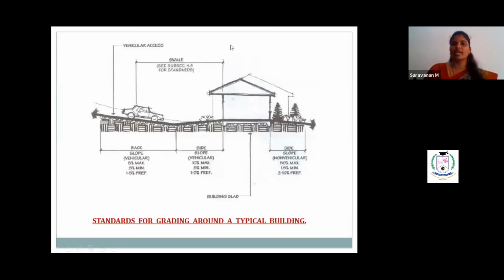Here you can see the swale. A swale is something which is naturally created, or it can be created by us, where all the water comes in during the rain or something, stands here, and you have the swale all over, which carries the water flow. Please just check the diagram.